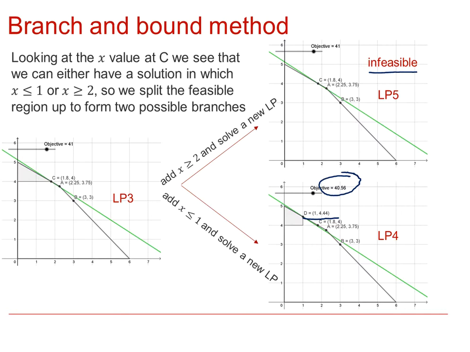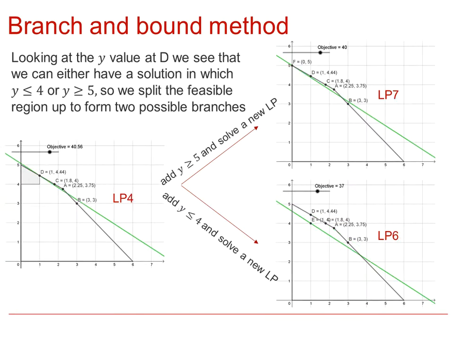This does not have an integer y coordinate, so we need to branch again looking at those y values. So looking at the y value 4.44 at that point D, we can see that we can either have a solution in which y is less than or equal to 4 or y is greater than or equal to 5. So again we split the feasible region up to form two possible branches,